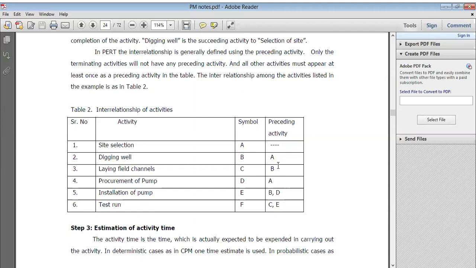Procurement of pump, right? Then you just do that. Then installation of pump, right? Then you install it properly, and after the installation, you test it. Yes, is water coming or not, right? Check the force, check the water, everything, right? So that is